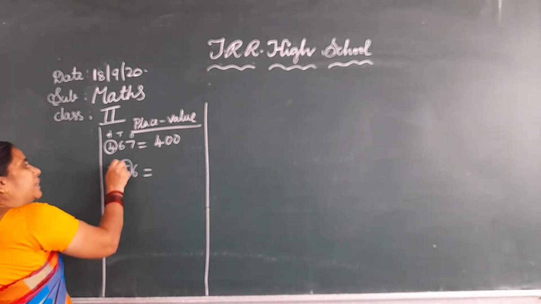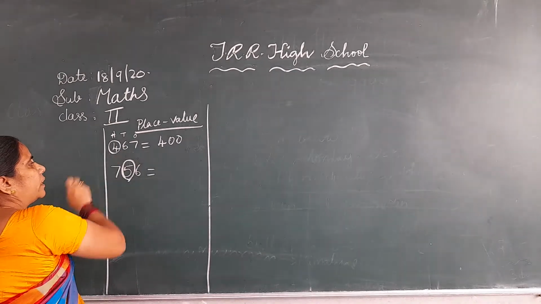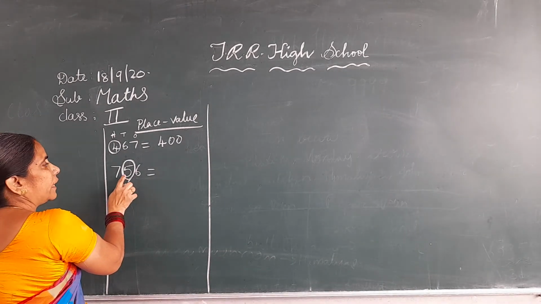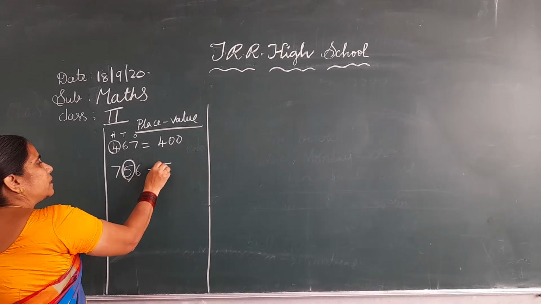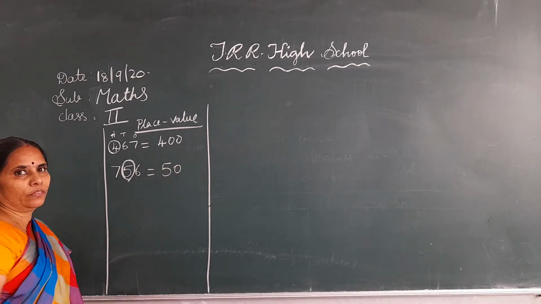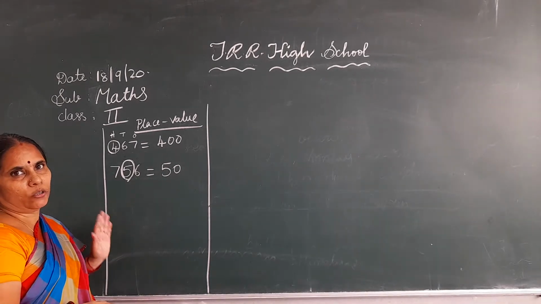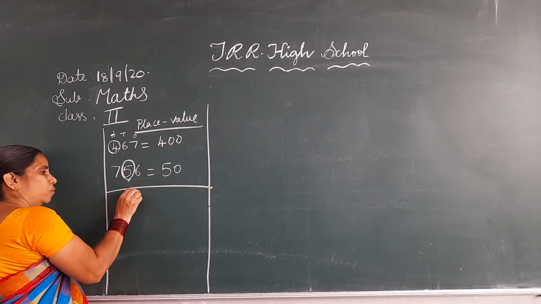Here 5 is circled. So what is the place value of 5? You write and check the answer. Here I am not writing any places: ones and tens. 5 is in the tens place. So what is the place value of 5? That is 50. I think you all wrote it. I think you all understood the place value. Already over for us. Now next is the face value.